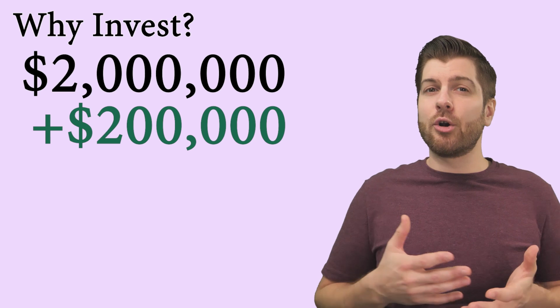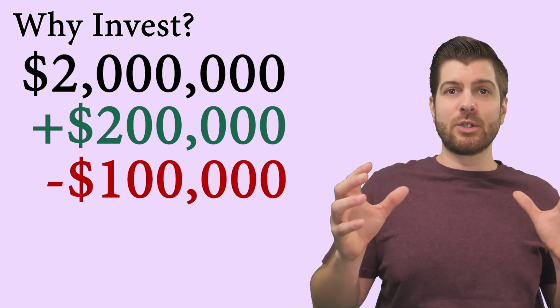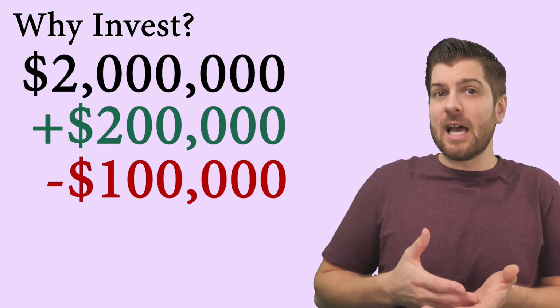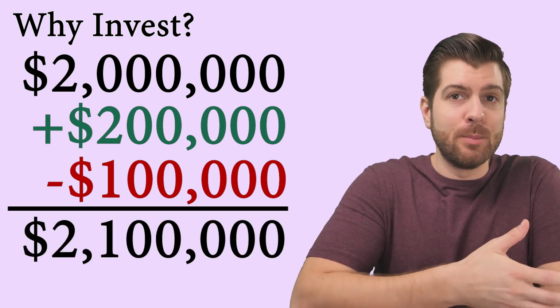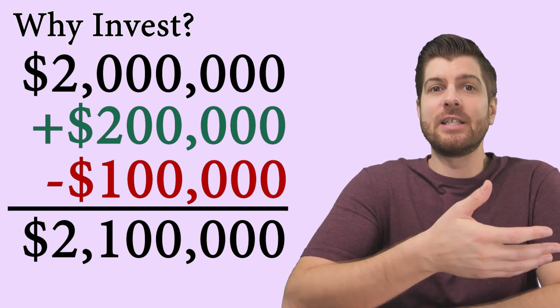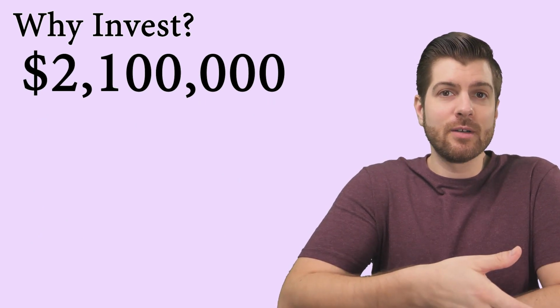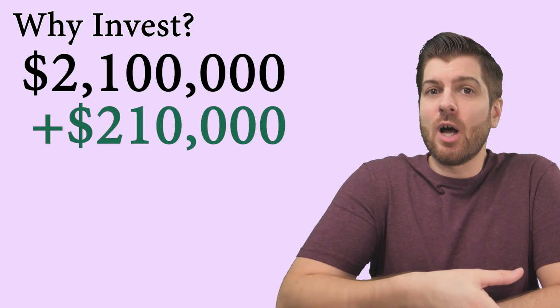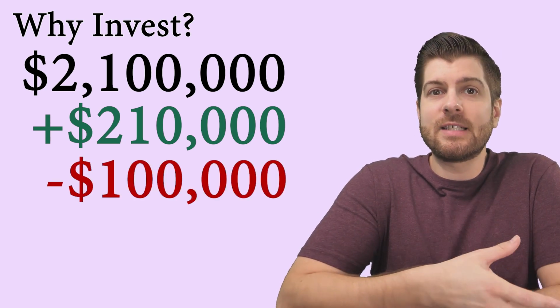And if I only need $100,000 a year to live comfortably, then I can take that $100,000 from the total to live off of and still be left with $2.1 million. And so the total capital base has grown from $2 million to $2.1 million in spite of me taking the money from it that I need to live off of. And if that $2.1 million grows by 10% in the following year, that would now be $210,000. And if I were to draw my $100,000 from the total, my invested capital would be